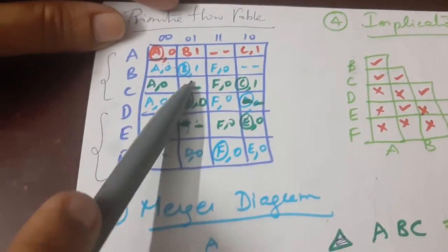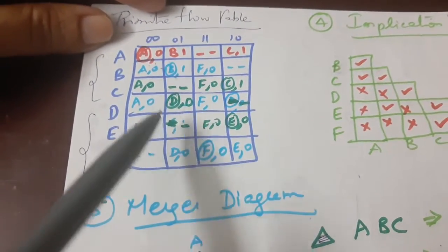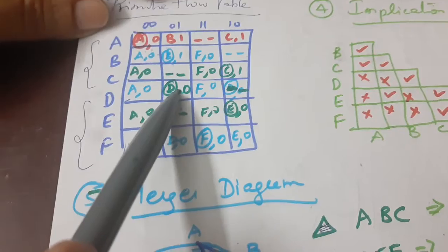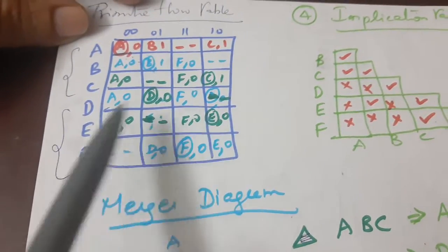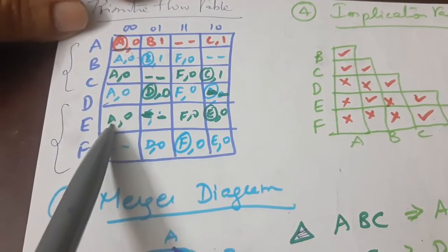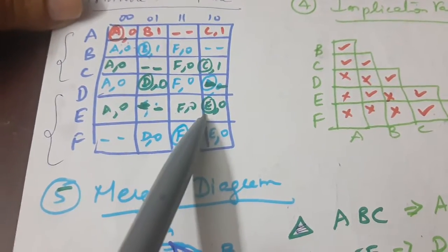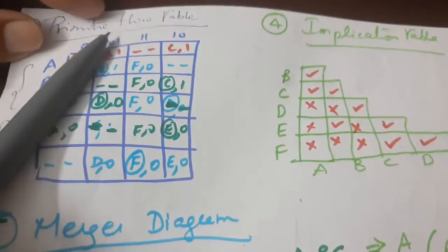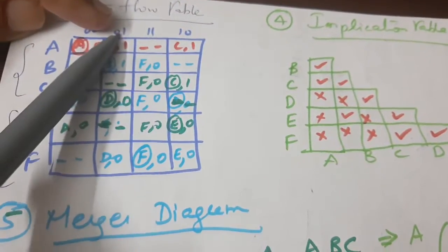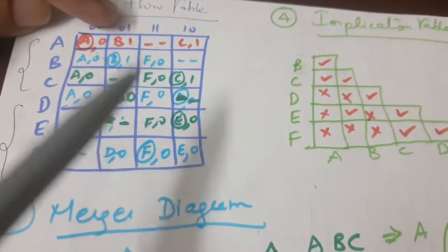You have to come out with the primitive table from the state diagram. D is going to its own state. E is going to its own state. Therefore, N circle. If it is not going to its own state, put a variable only. And similarly, E is represented by 1 0. If I want to go to 0 1, it is not possible. 2-bit change. Therefore, I put hyphen hyphen.